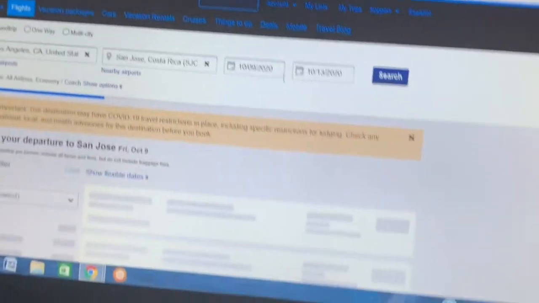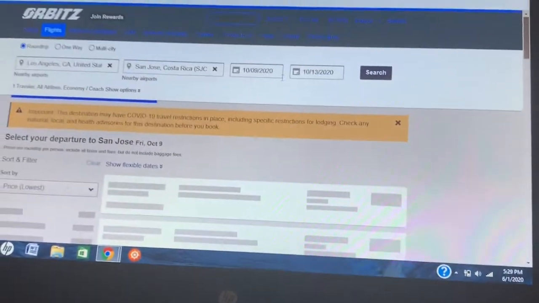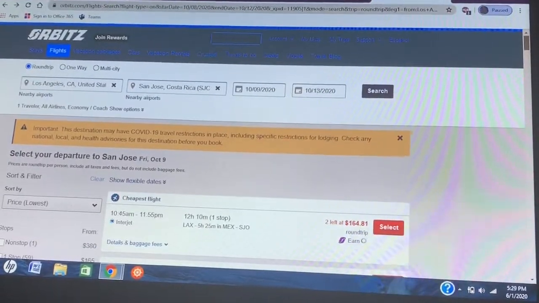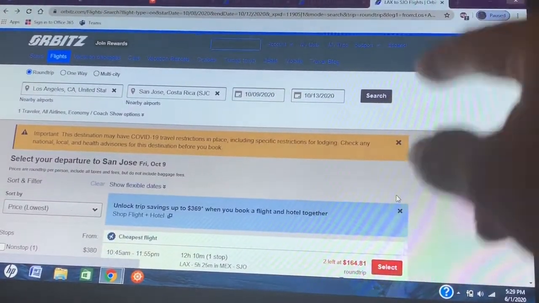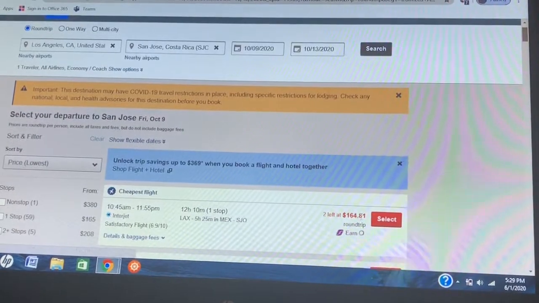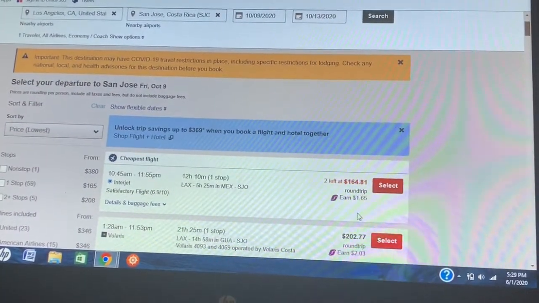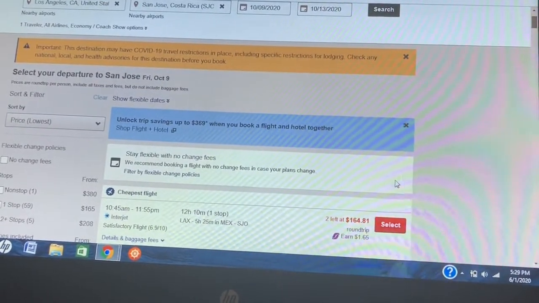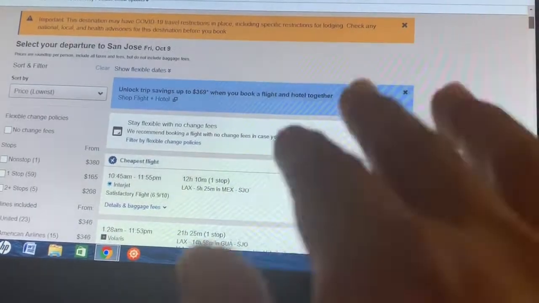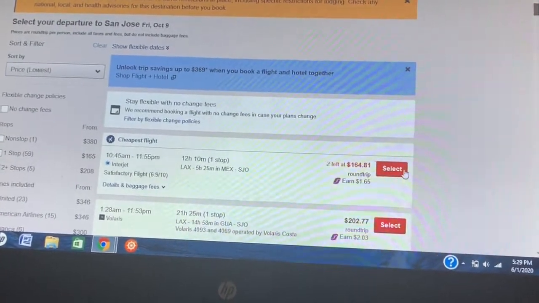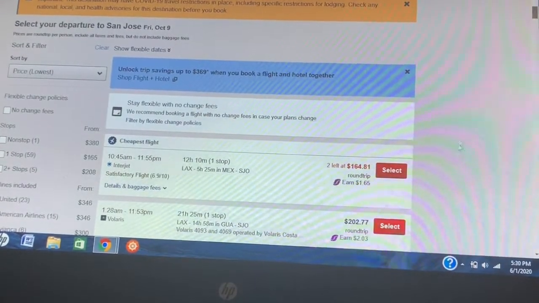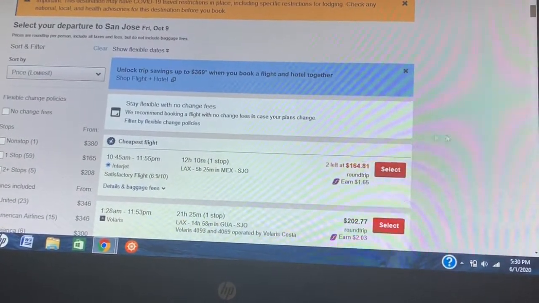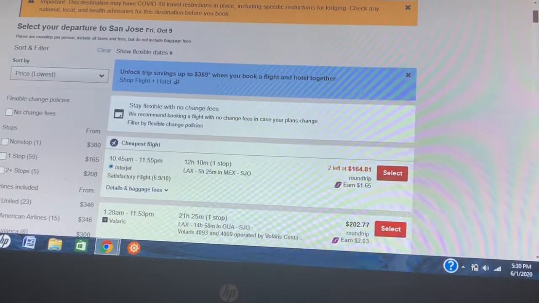There's a bunch of other sites that you could also book from. The only issue is the prices change. Sometimes they'll say $164, and then when you click on it plus taxes, you end up paying more. So definitely, if you find another site and it's cheaper than this, I would recommend to completely book where it says taxes and final price, and that's when you know which one has the best offer.